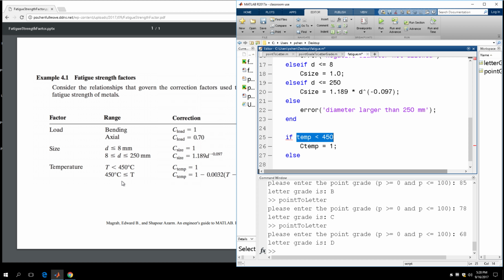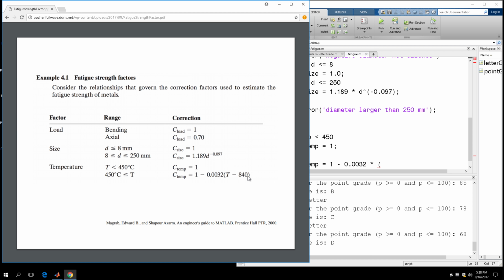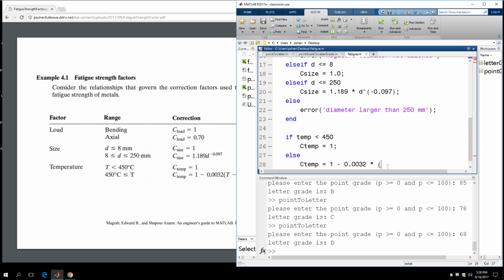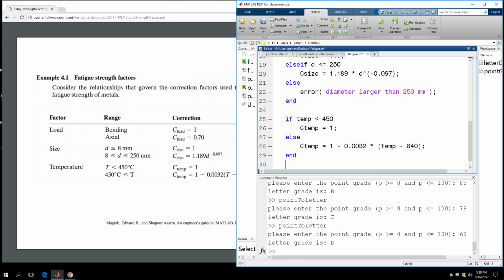So we don't really need to write the second condition explicitly because the else actually implies that, right? So in this case, C temp should equal 1 subtract 0.0032 times temp subtract 840, right? It's not T because we are not using T here. So that's the end of the